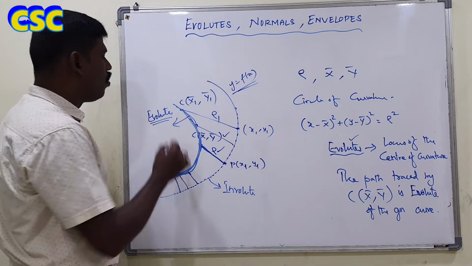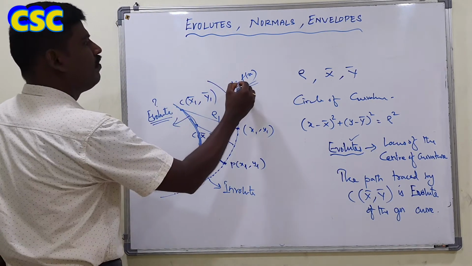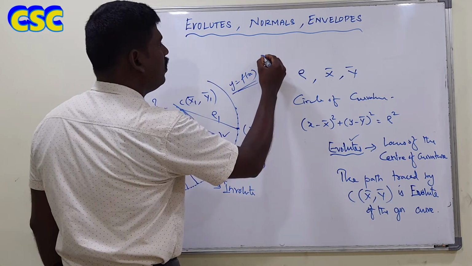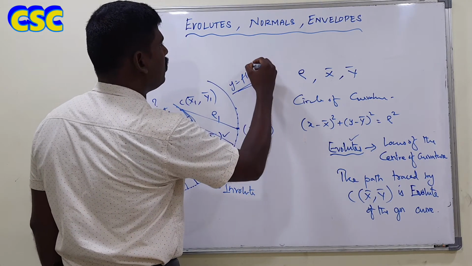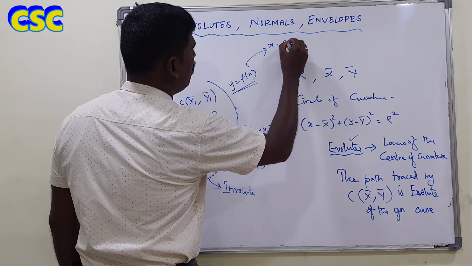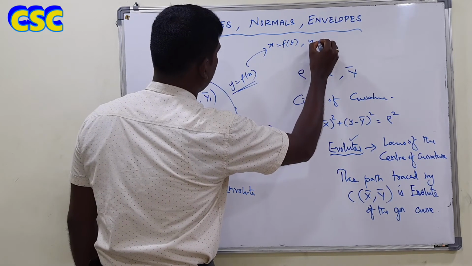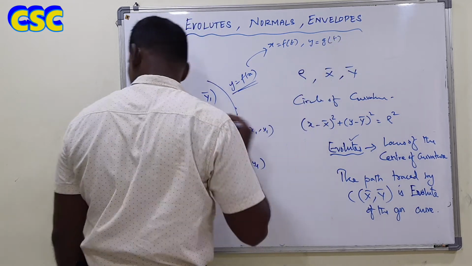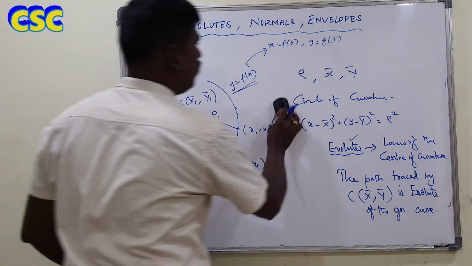So these are all the concepts based on evolutes. How to find the evolute? So the given curve is in the form of y equal to f of x. Write the parametric form, isn't it? Parametric form means x equal to f of t and y equal to g of t, isn't it? From that we find out